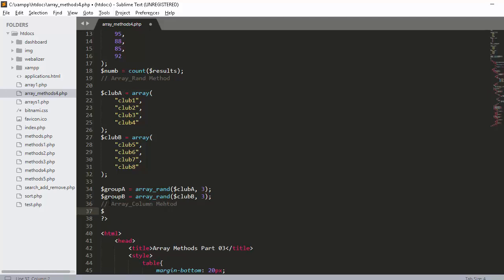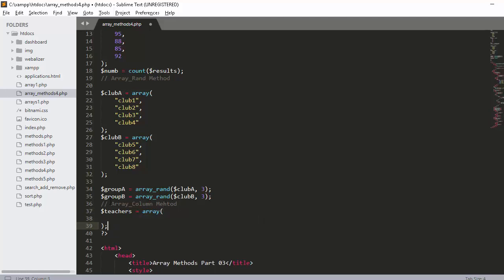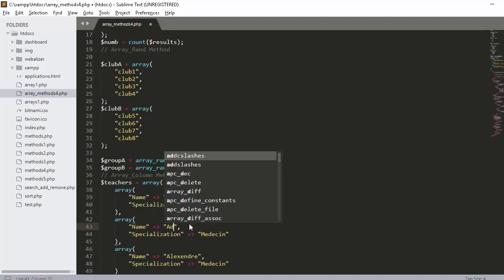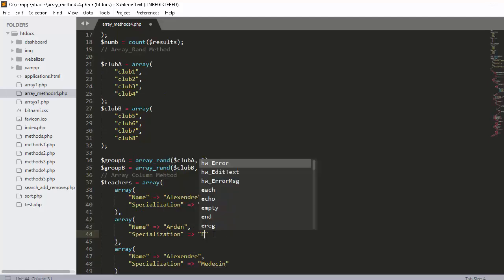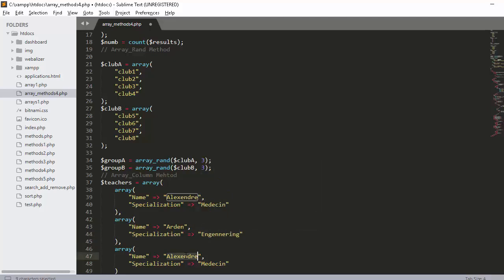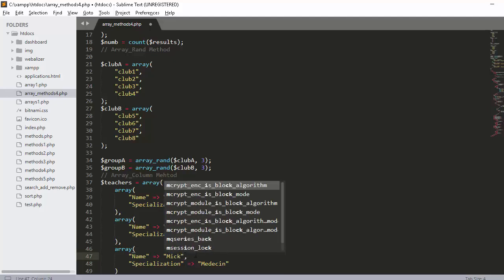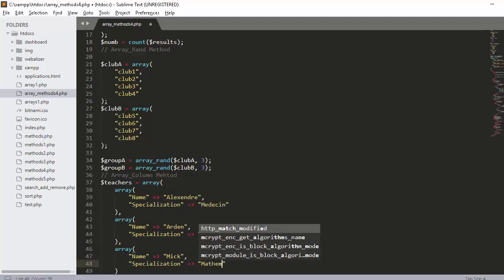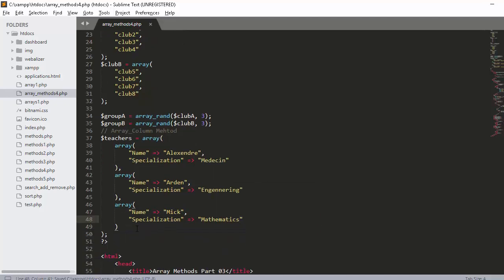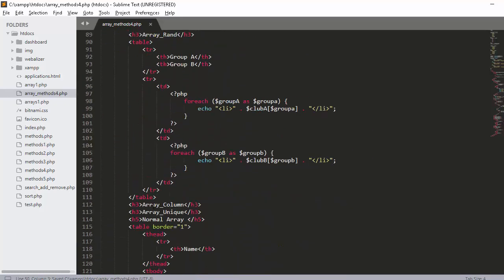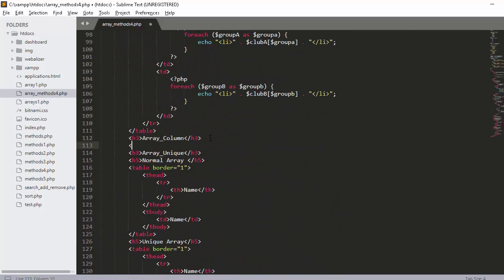I will use another array. We have the teachers, it's an array. We have Arden in engineering, and we have Mike for mathematics. If we use print_r to print our array,